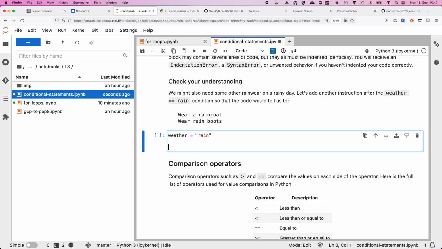Okay, so after the if statement, as I said, you have an indentation, so you have a block of code. It doesn't have to be just one thing that you do there. You can have multiple lines of code and different things can happen. So for example, again, back to our example with the weather: if weather equals rain,